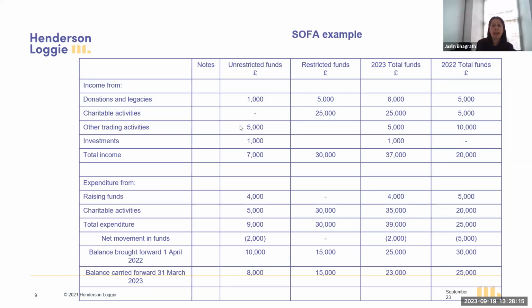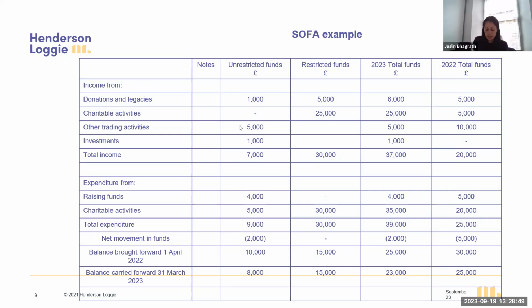So those are the main headings that are prescribed by the SORP, but behind that you should all have notes to the accounts, and that should give you a more specific breakdown of what's actually included in that income, so that you can really start to build a picture of where the charity income has come from. In terms of expenditure, there's actually only two headings in the SOFA, and that's raising funds,